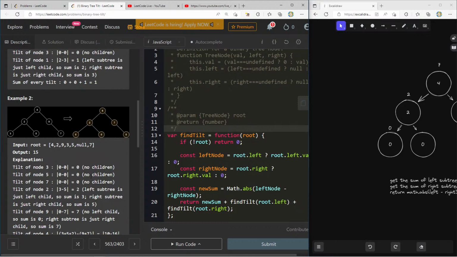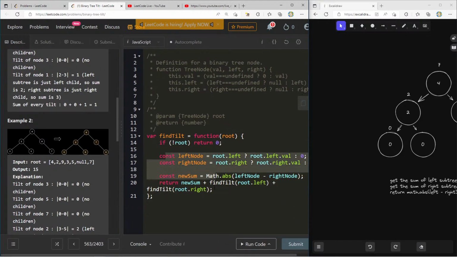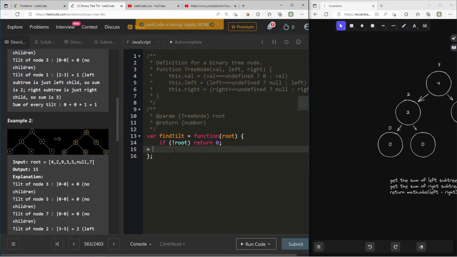So maybe let's see if we can start messing with this here. I'm just gonna start writing some stuff. Like if not root, return 0. If this is a leaf, so if not root.left and not root.right, maybe we just return 0. And then here, the tilt would be the absolute value of left. So if, but then,